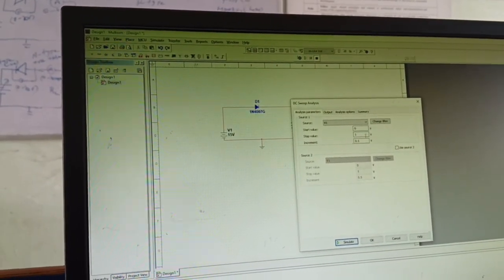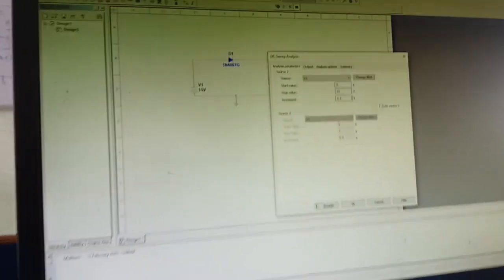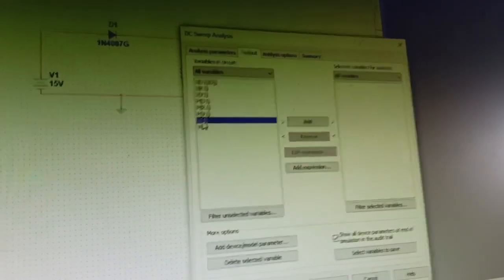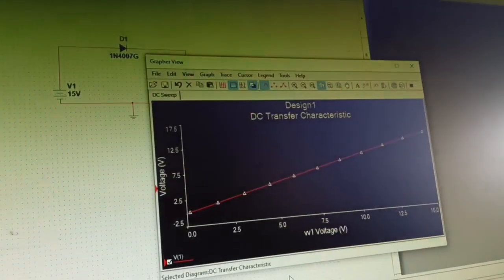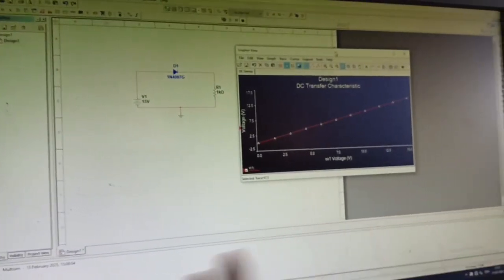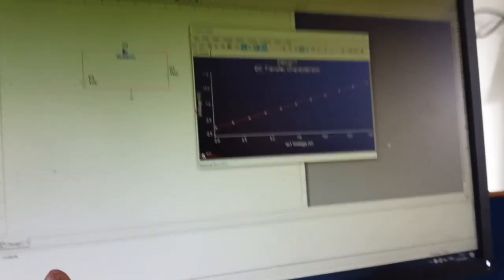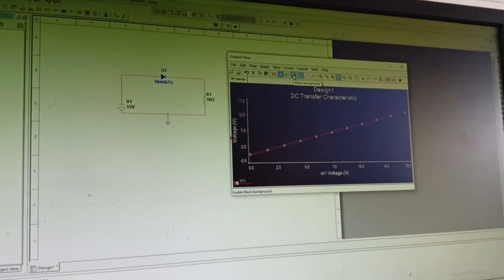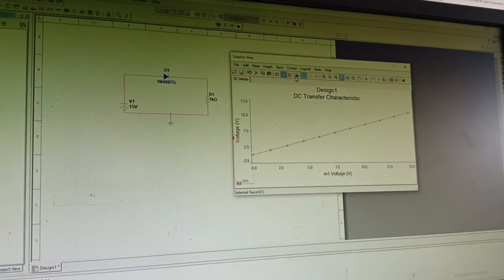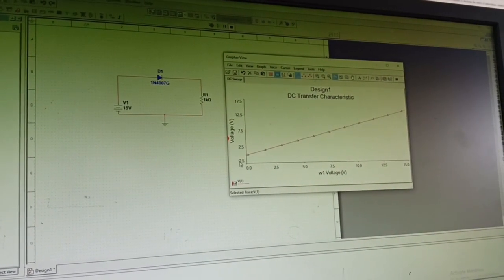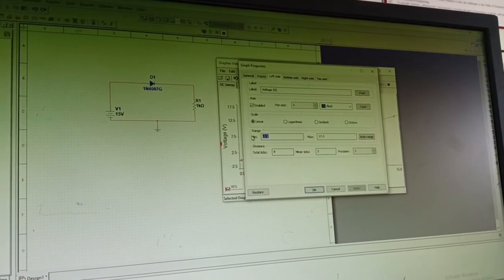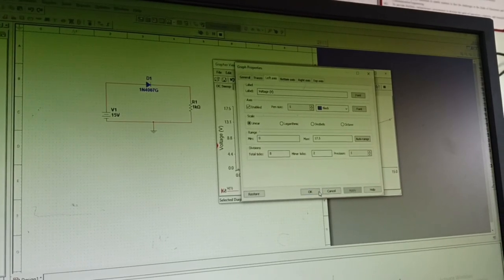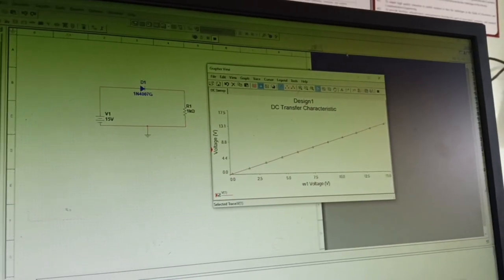Start value 0, stop value 15, and the increment value 0.5. For the output, what do you want, the output voltage? You can add the source to all variables. Just click on simulate. Automatically the forward bias wave will appear on a black background. You can click on the black background and it will change to white. Here at the place of minus 2.5, double click on that. Keep the minimum value at 0, apply, and it starts at 0. This is the forward bias